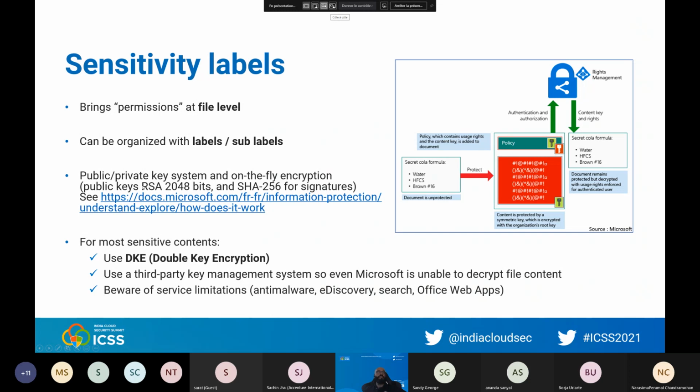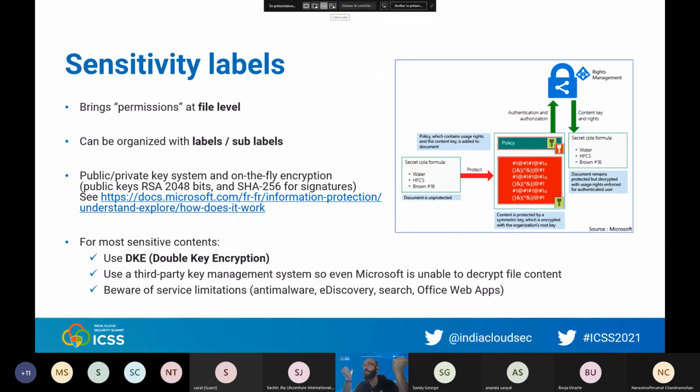Okay, this is an RSA encryption with a 2K key using SHA-256 for signature. Keep in mind, if you are working for a government organization or something very, very secure, and you don't want even Microsoft to be able to decrypt your document, because by default, when you are using sensitivity labels, you have to have in mind that it's Microsoft which is managing keys.